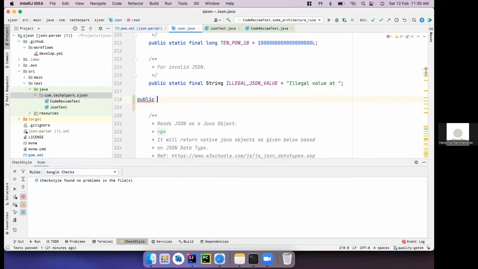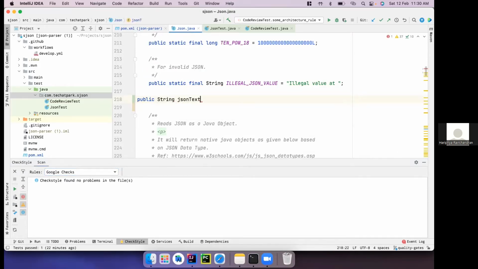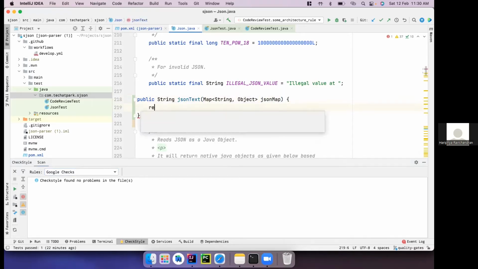It returns a string, and the argument which I take is a map of string and object, and let it be jsonMap. So let this be a basic block, and for now I didn't do any implementation. So if a developer tries to commit this block, let's see if he's going to do a build process.